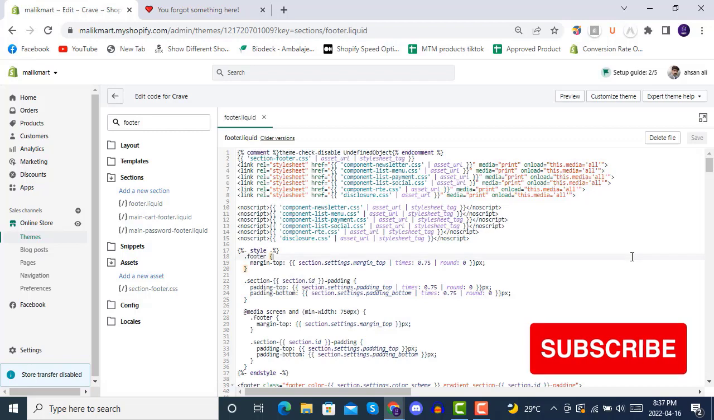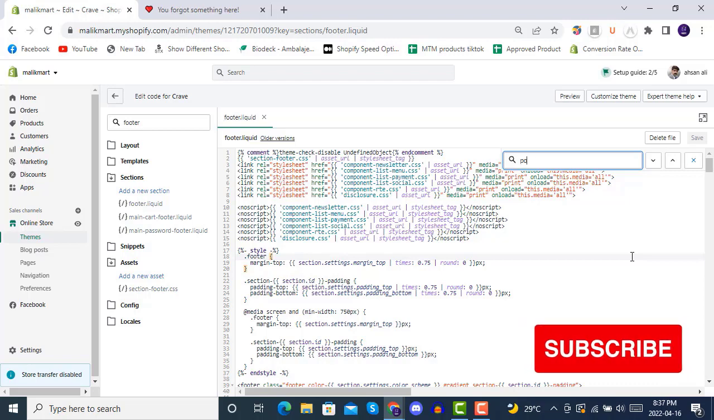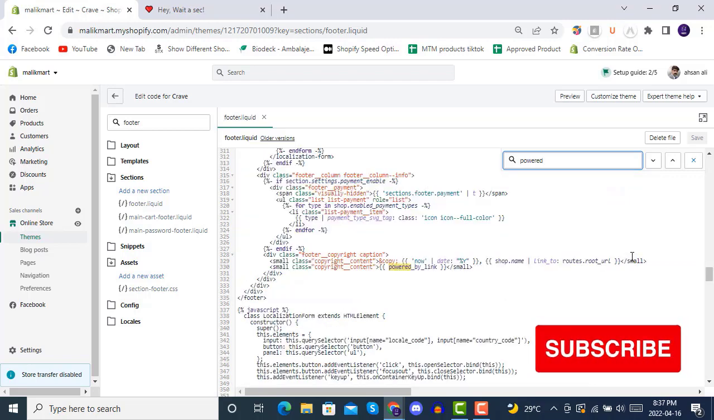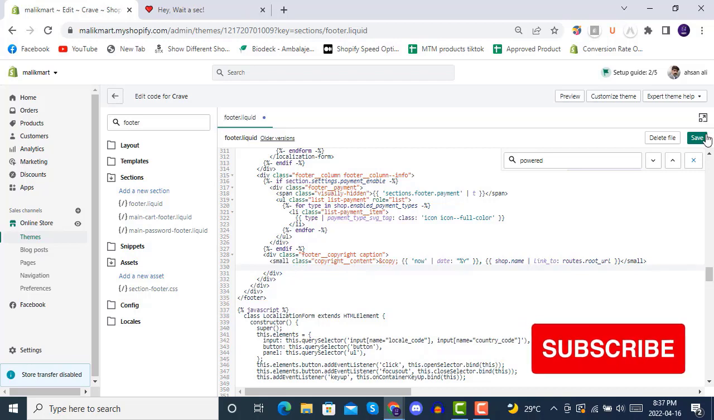like this. And inside here, you can press Ctrl F and search for powered. And here you see a powered by links. So you can just simply select it, remove it, click on save, and once you save it, you will have